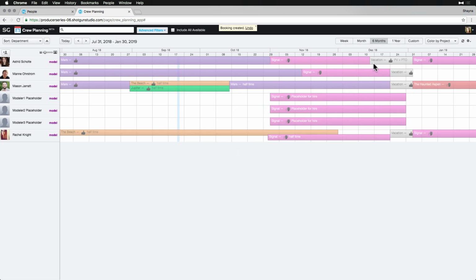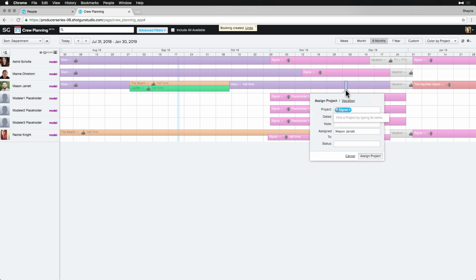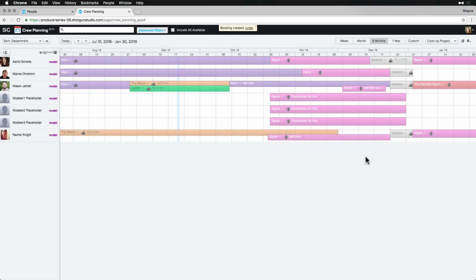Astrid will have a vacation for a week during a critical part of the end of the modeling phase. So, we need to account for that. Let's see if there's someone available half-time that she can train for a couple of weeks prior to taking over her work. And it looks like Mason happens to be available half-time at the time of Astrid's vacation. So we'll slot him in half-time where there's a gap that can bridge him to the other project he'll be working on.